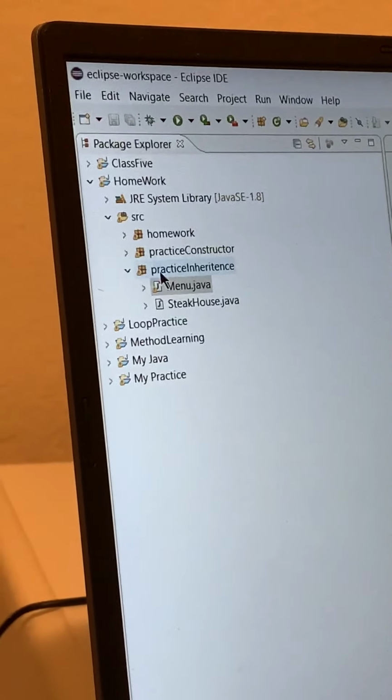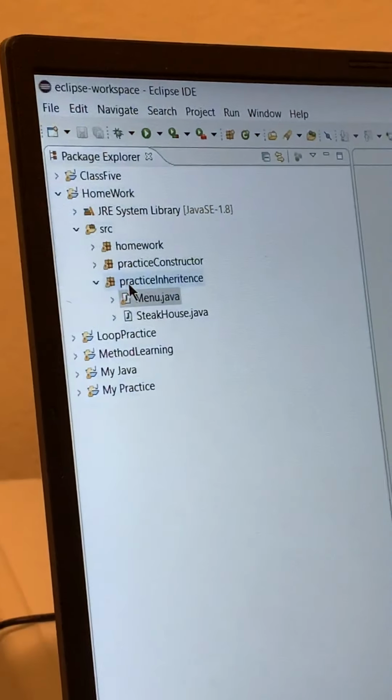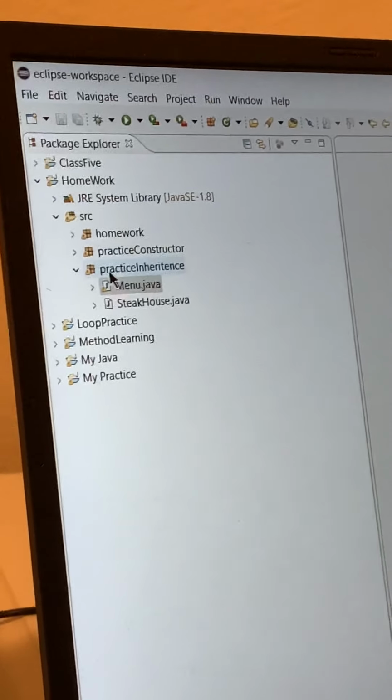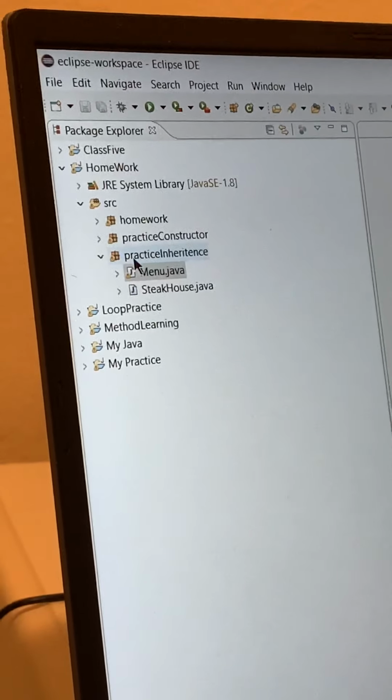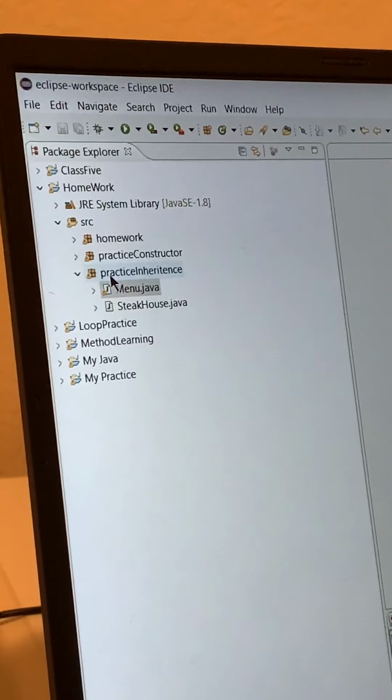Okay, assignment 5: implement inheritance in a Java program. Use the super keyword to show the use of it. Implement override. So to do that,